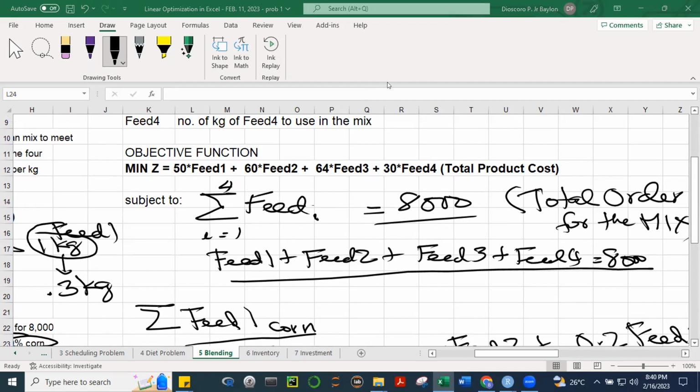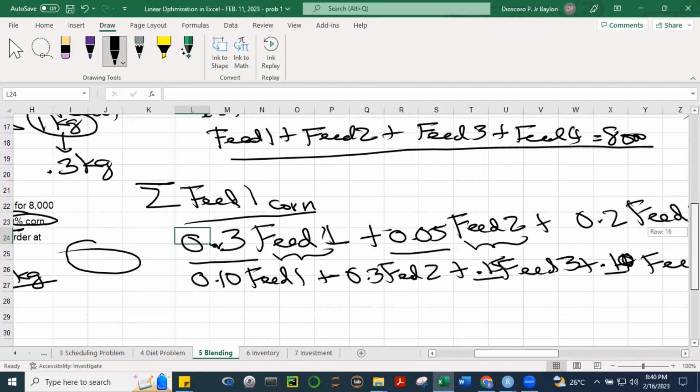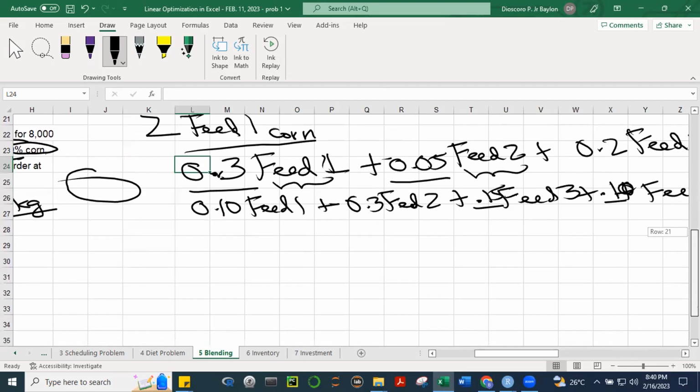Okay. All right. So Erwin mentioned that there should also be a non-negativity constraint, because nothing in the constraints that we wrote will prevent the solution from becoming negative. So that's correct. So our constraint should be feed sub i should be greater than or equal to 0,